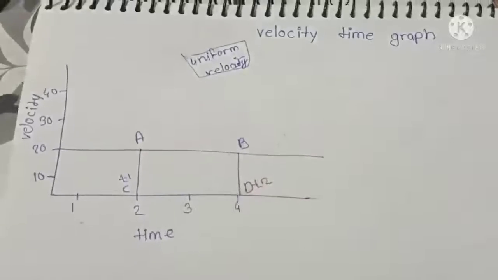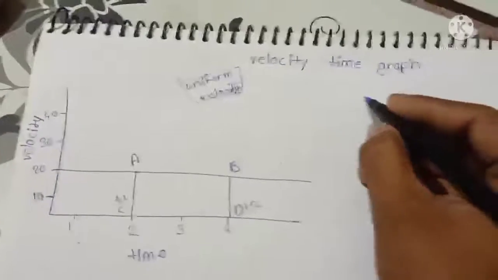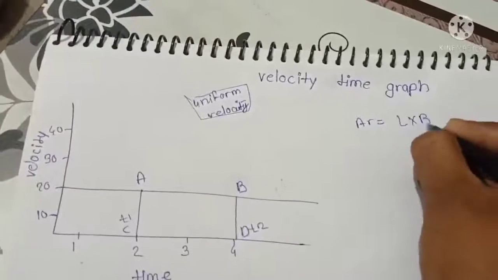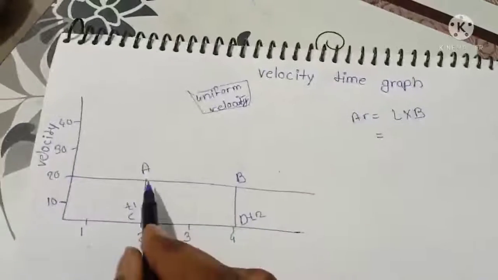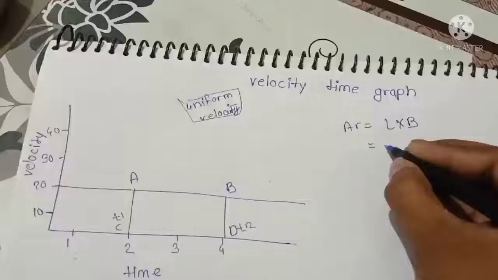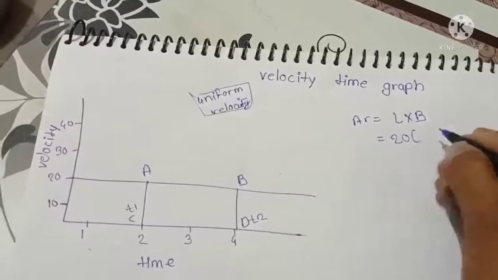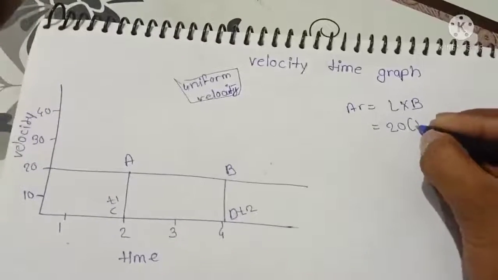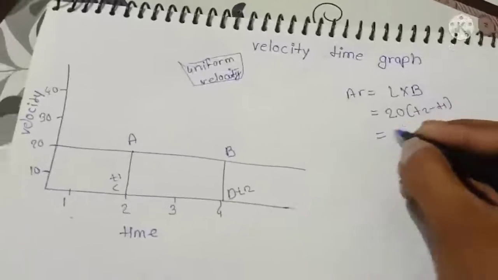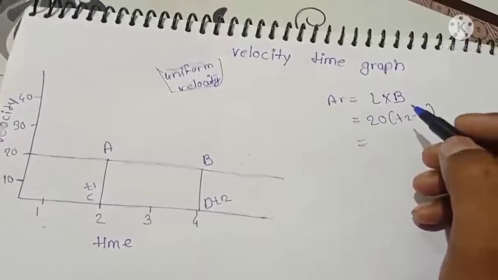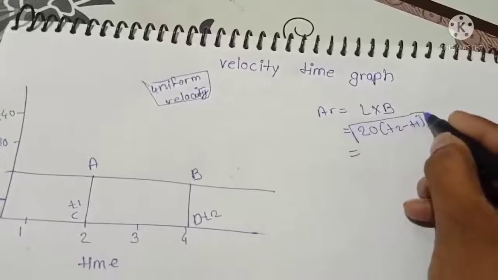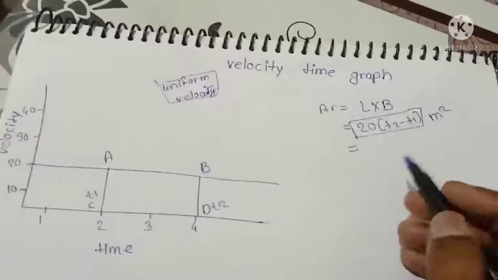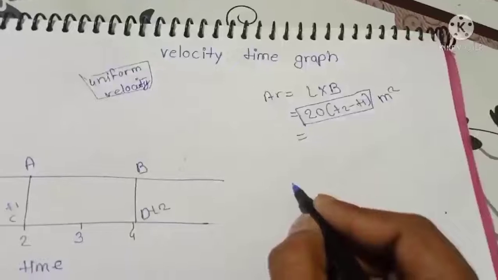So how are we going to find the displacement? We have the formula to find the area of a rectangle, that is length into breadth. So our length is velocity, that is 20, and our breadth is time T2 minus T1. So friends, here is our answer. 20 in bracket T2 minus T1 is the formula, but our main formula is going to be like this: